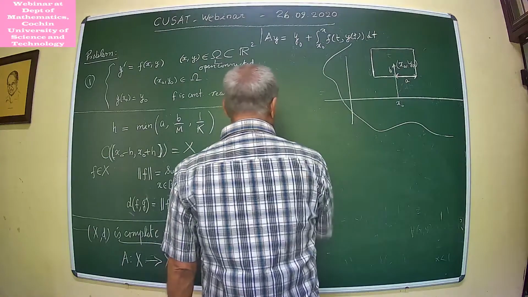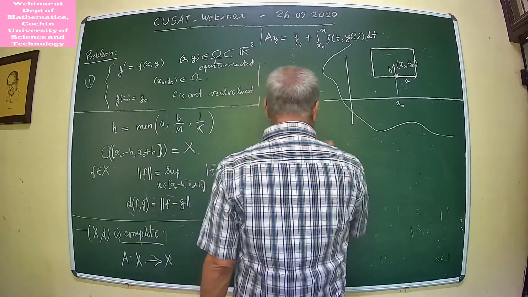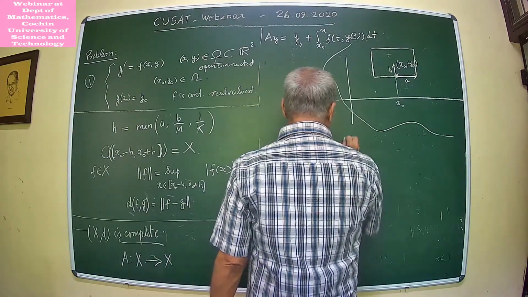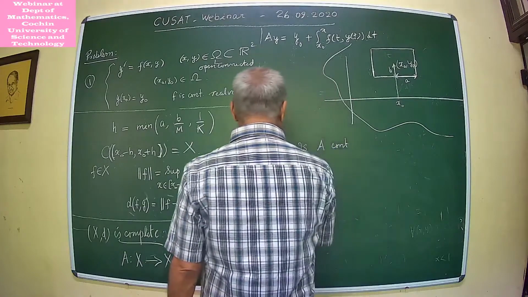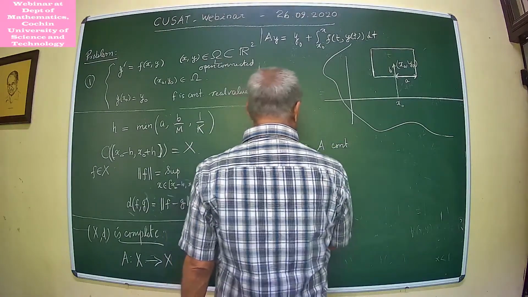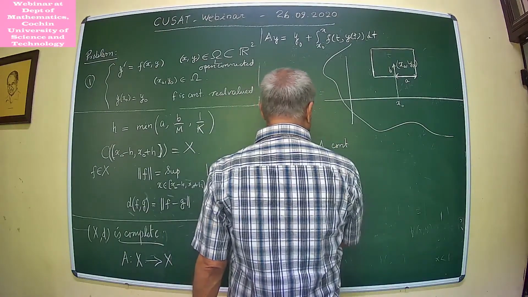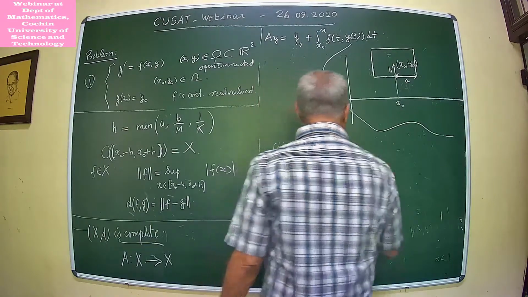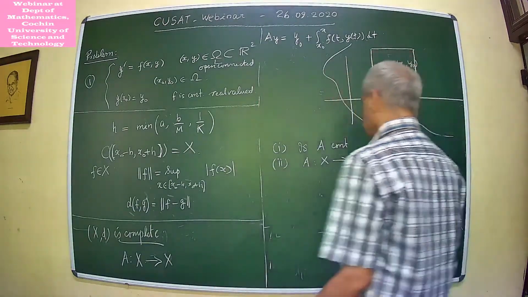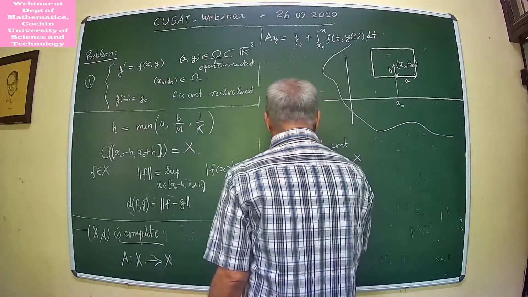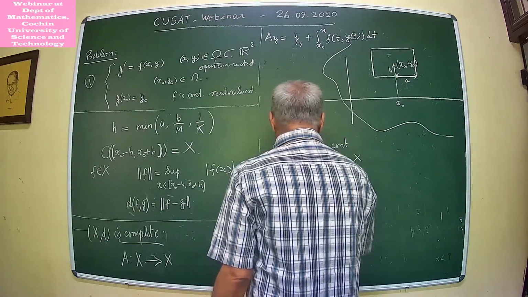So we need only to verify the following. One is, A continuous. Two is A from X to X. That means you have to show that A of y